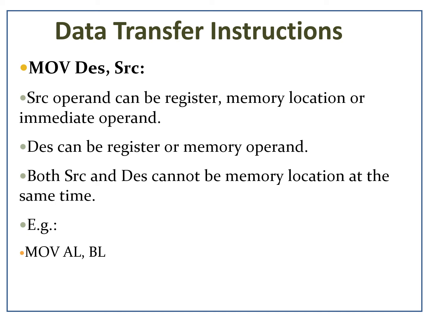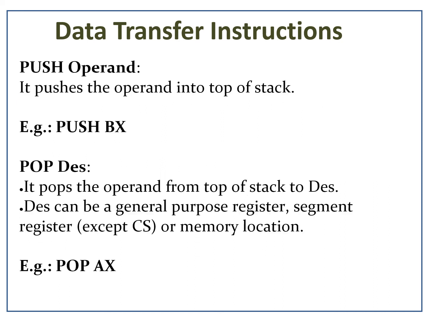So the example of a data transfer instruction is MOV destination, source. The source operand can be a register, memory location, or immediate operand. Destination can be a register or memory operand. Both source and destination cannot be memory locations at the same time. That means source and destination cannot be memory locations at the same time. So MOV example: MOV AL,